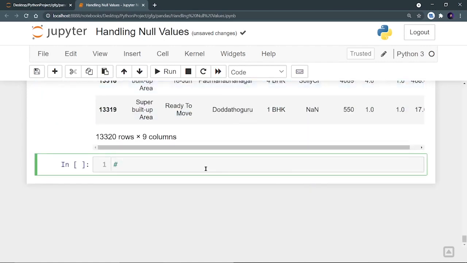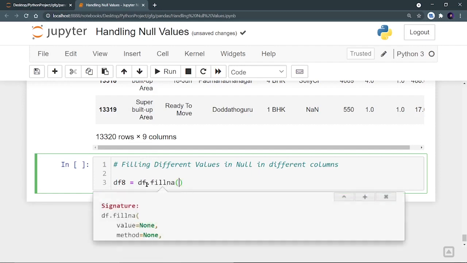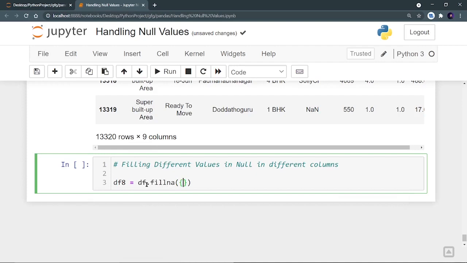So let me put the comment: filling different values in null in different columns. Let's create df8 is equal to df.fillna, and over here you have to define a dictionary, and inside this dictionary you have to define a key which will be your column name.